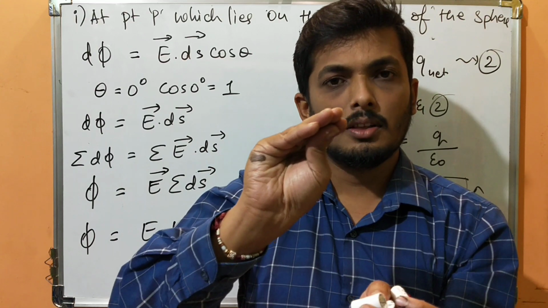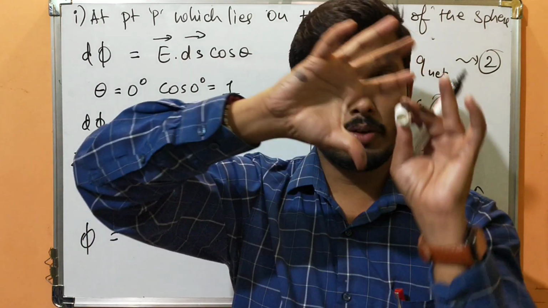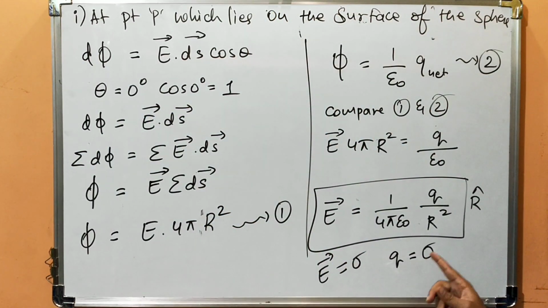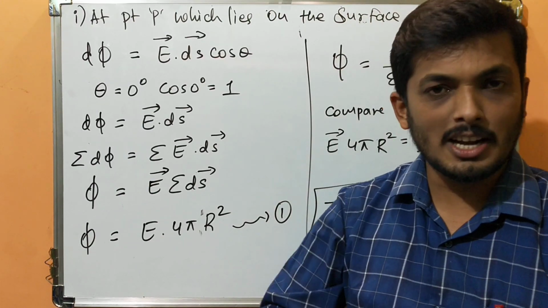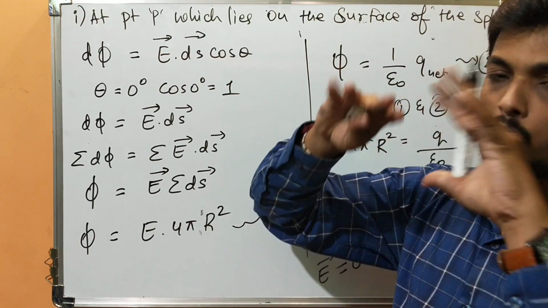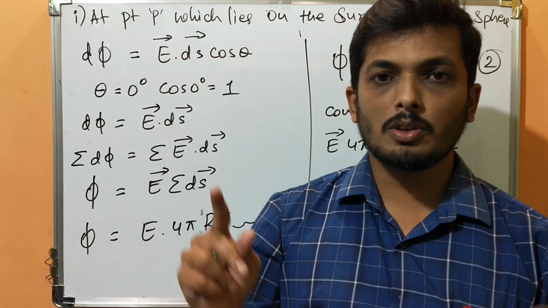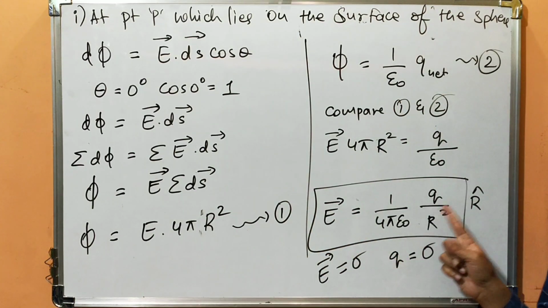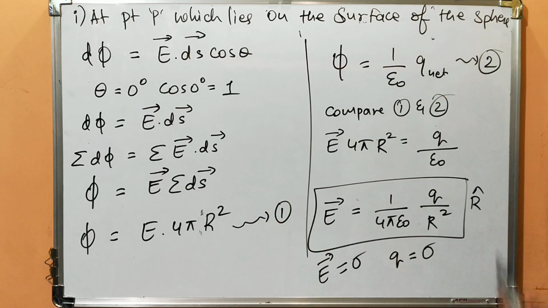Inside the sphere or any conductor, whenever it is charged, the charge will never be inside. At inside the value of Q will be 0 whenever it is electrified. In normal condition, the charge is randomly distributed everywhere, but whenever it is electrified, the charge always resides on the surface of the conductor. So the value of Q inside will be 0, and when Q is 0, E will be 0. Okay, have you understood this?